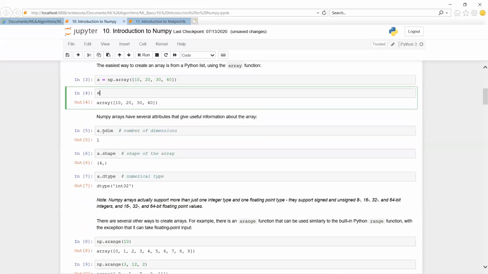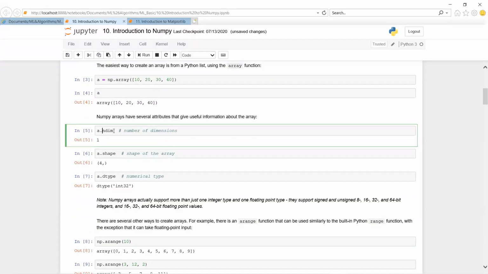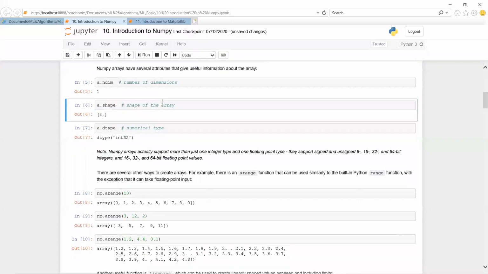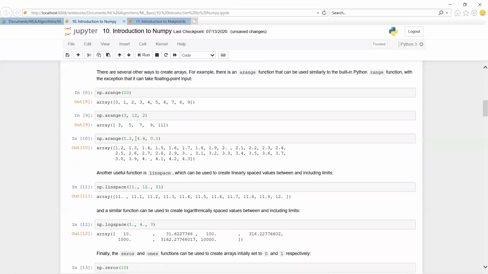Here a dot ndim gives the NumPy array dimensions. We are using only one row. Shape means 4 columns: 10, 20, 30, 40. The data type is integer with 32 bits. Then np dot arange 10 prints from 0 to 9.